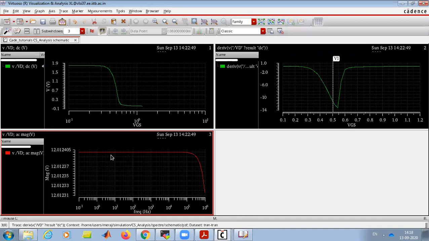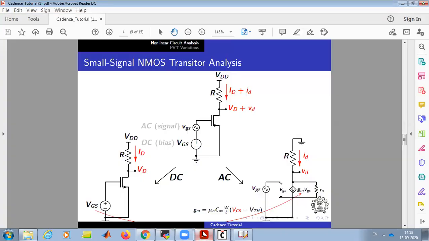So this is 12. If we come near 0.5, it will be around 12. The gain is 12. So this is one approach. This just calculates the AC response. This is gm times R. As the frequency increases, we see a fall in gain. Why? Because there are parasitic capacitors here, CDS and CGS. Because of that, the gain will fall, because at higher frequency the capacitor shunts the node.